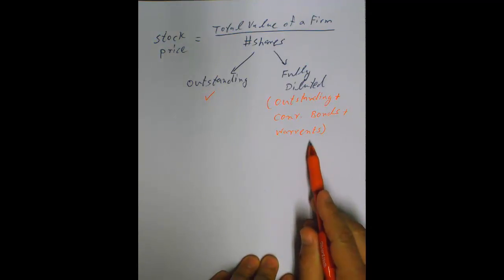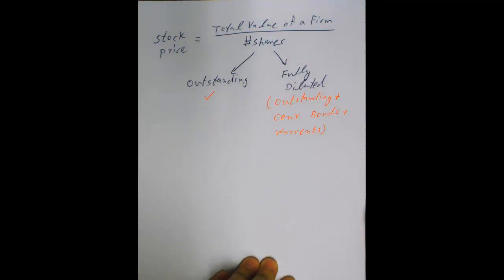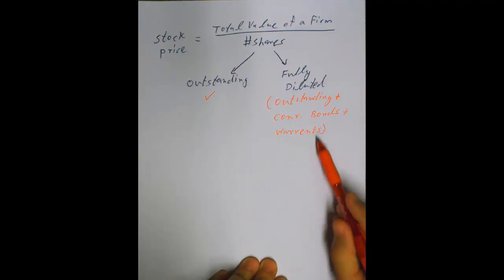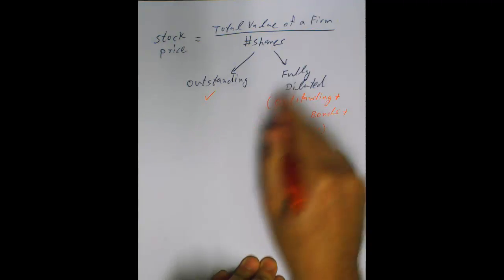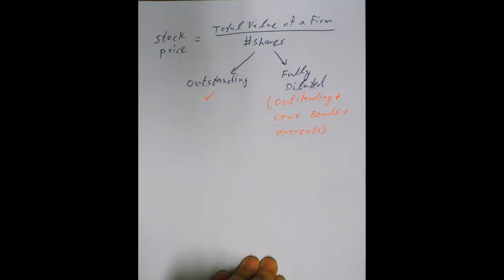It's quite popular among high-tech companies. And then if the employees, for example, want to exercise their warrants, their stock options, then the company will have to issue new stocks in return. So those are the things that will be added to the number of shares outstanding, and then you can figure out the number of shares fully